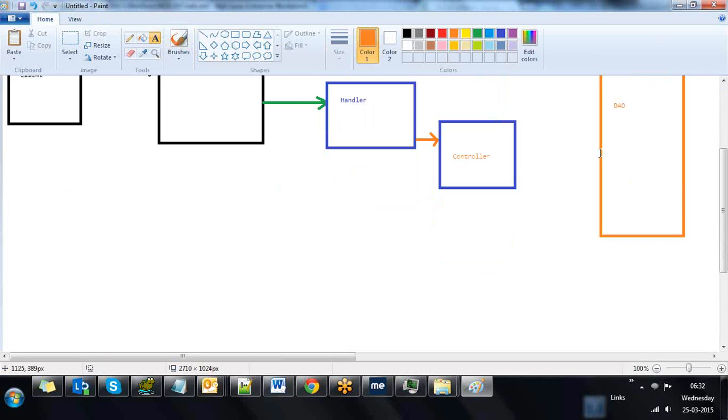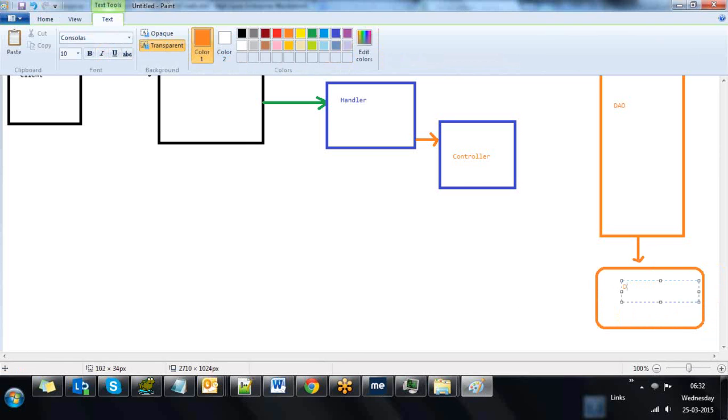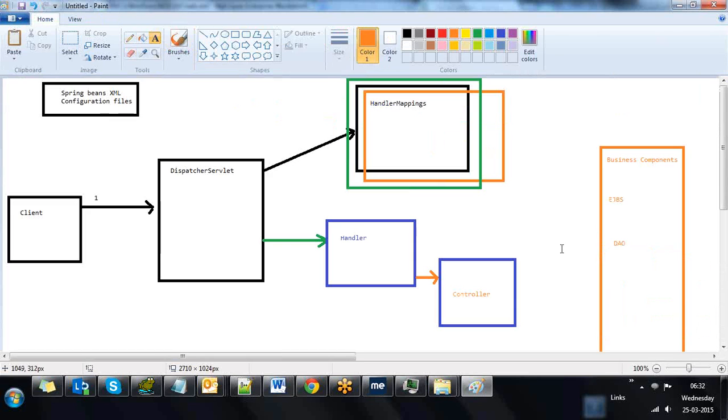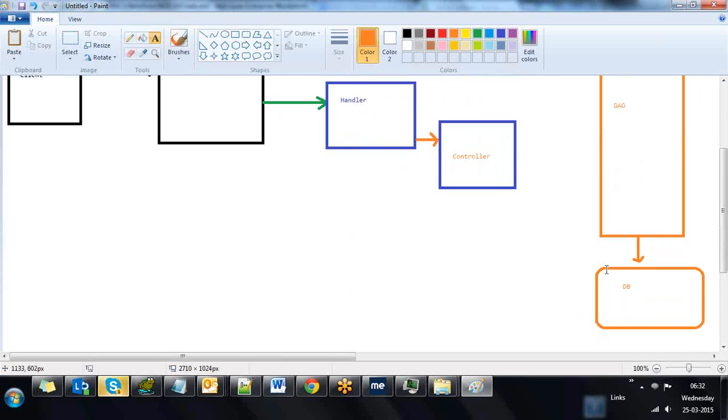Now from there we are going to interact with the database. As part of our scenario, we are using a bean component called login model, right? From login model, internally I am connecting with the JDBC template. So the JDBC template internally connects with the database. Once we get the response, again the dispatcher servlet is responsible for